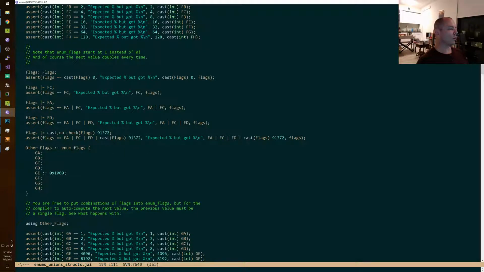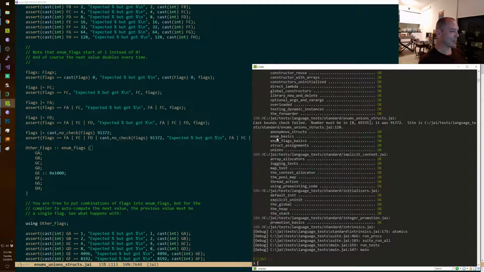Because we're printing what happens when you print out flags. So, yeah.